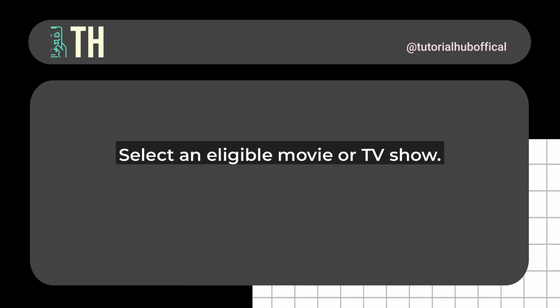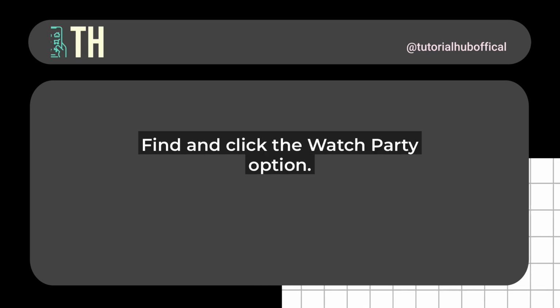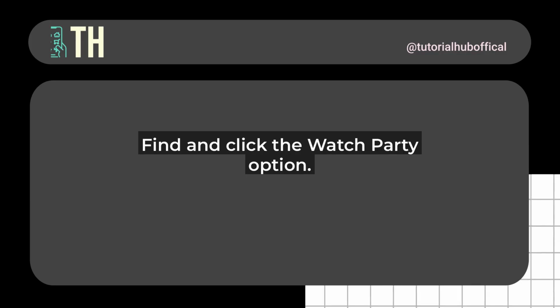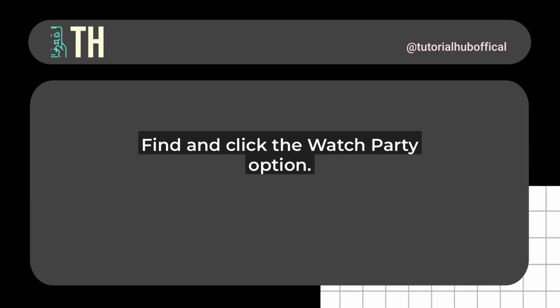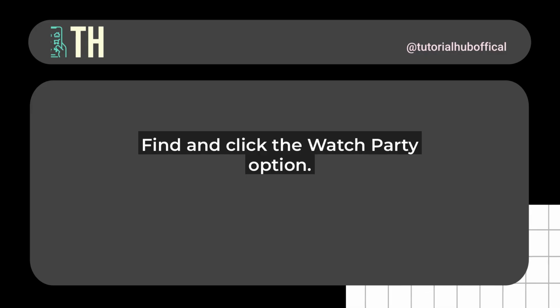Click on it, and you'll see a prompt to create a new watch party. Go ahead and create one. It'll generate a unique link for your friends to join. Copy that link and share it via text, email, or social media. When your friends click the link, they'll be directed to the same video, and once everyone is ready, you can